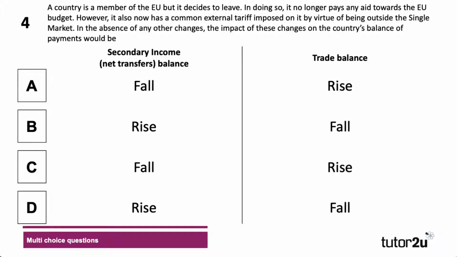In the absence of any other changes, the impact of these changes on the country's balance of payments would be. Now, this is a tricky question. What's the impact on the secondary income, which is basically net transfers? That's things like aid and payments to the EU. And what's the likely impact on the trade balance if you now face a common external tariff? A lot of people here saying